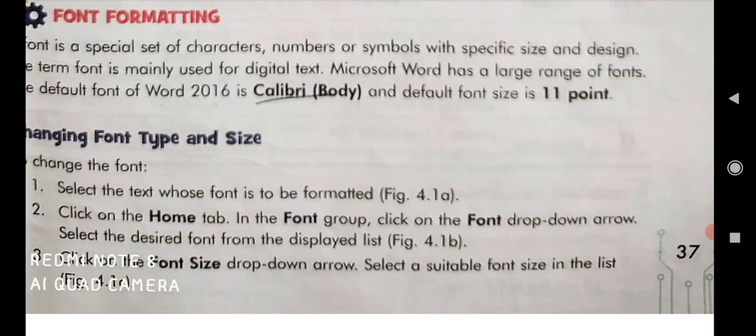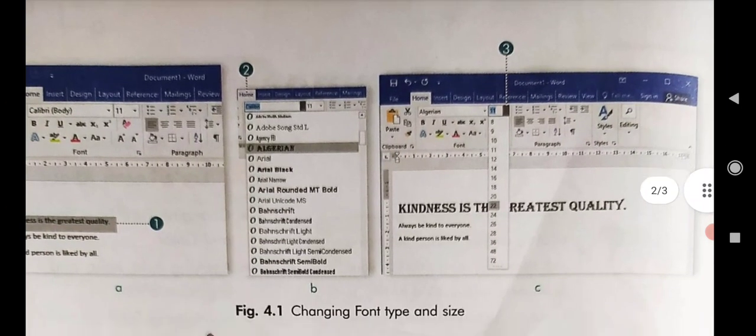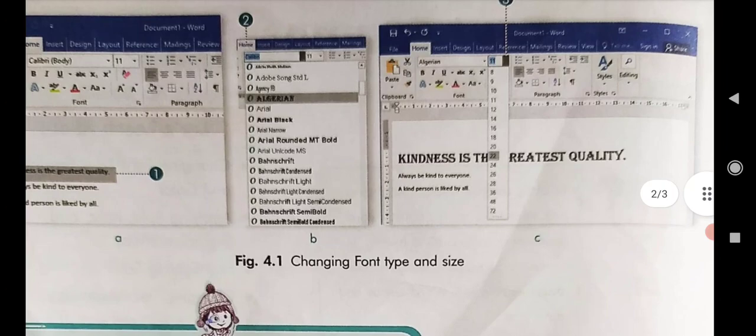It is shown in Figure 4.1C in your book, see A, B and C. In C it is shown here, what we have selected. If you have a laptop, practice at home and you will be able to understand.